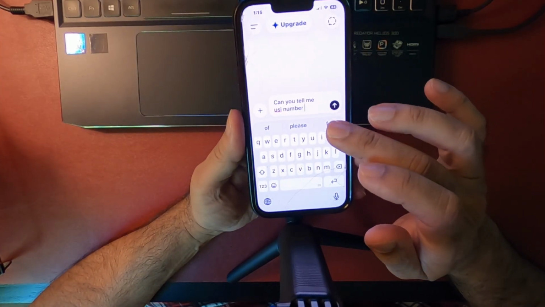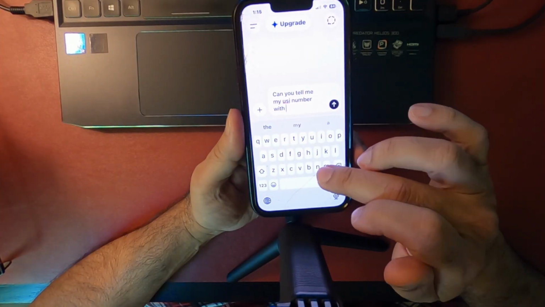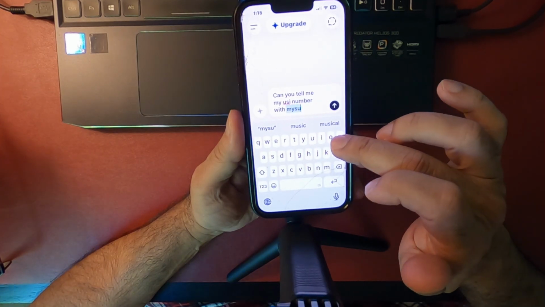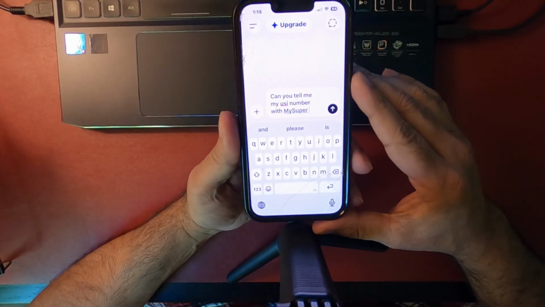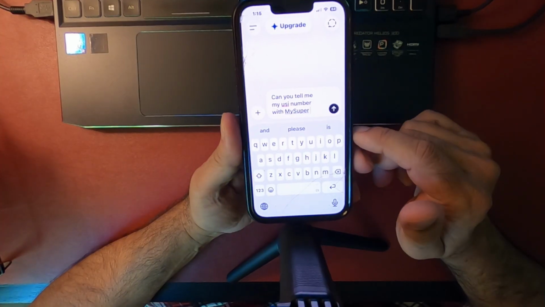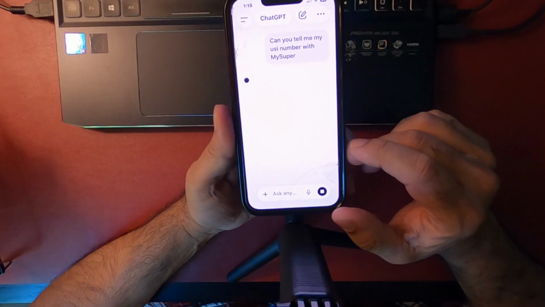So, can you tell me my USI number with my super? So my superannuation company name is my super. If your superannuation funds are with some different company, you type that name there, and then you just click on this key,